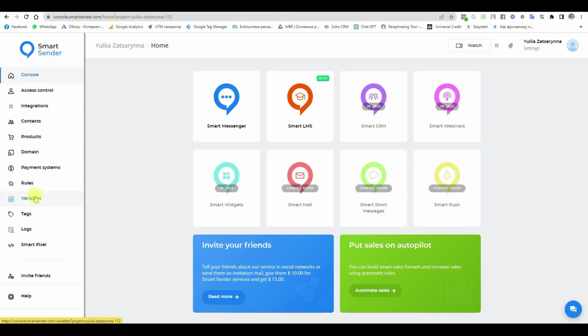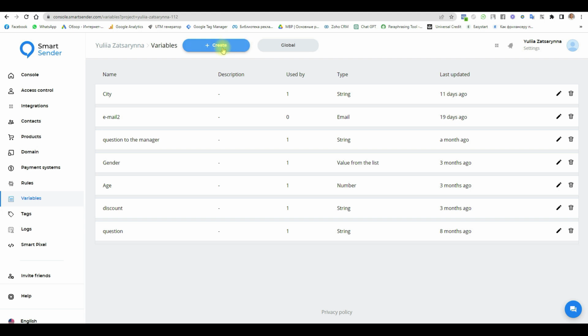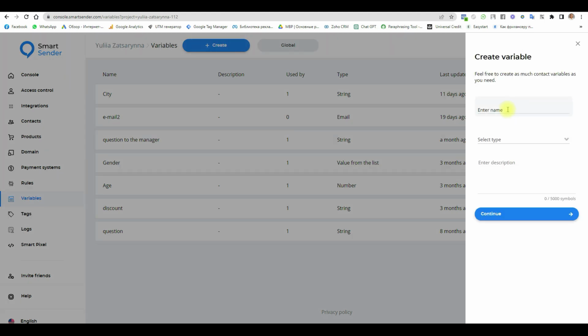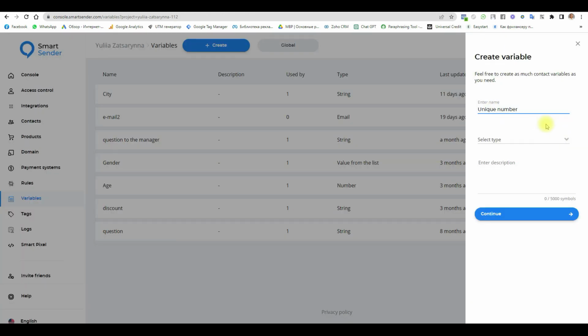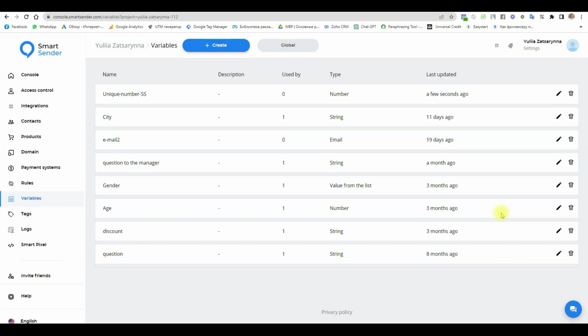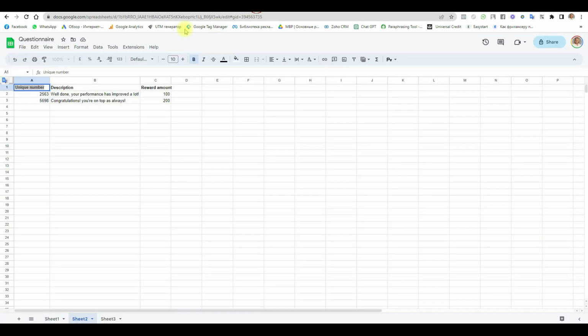Go to the section variables and create 3 new variables. I call them the same as the columns. For example, unique number, and add it. The first type is number. Create the second, description,